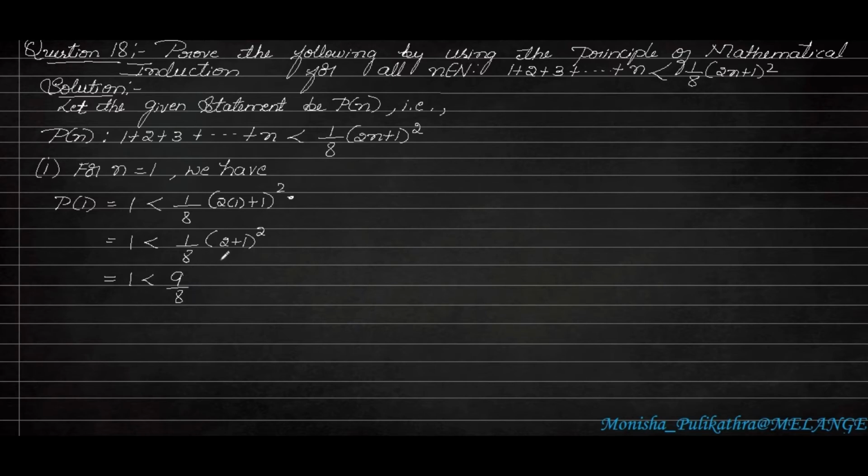So it is greater than 1. You can do it here. If you divide, 8 ones are 8, 1, then a point. So 8 ones are 8, 2. Again a point is there. So 8 twos are 16, and it is 1.125. So 1 is less than 1.125, which is true. So this LHS is definitely less than this RHS, which is true.